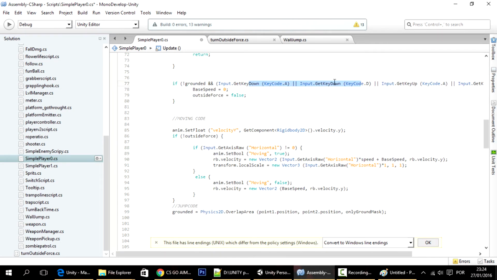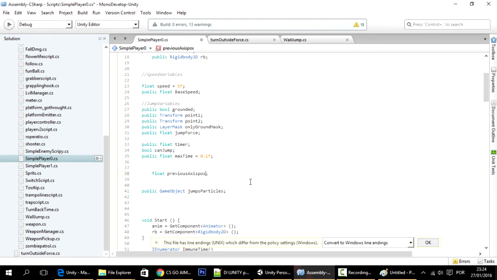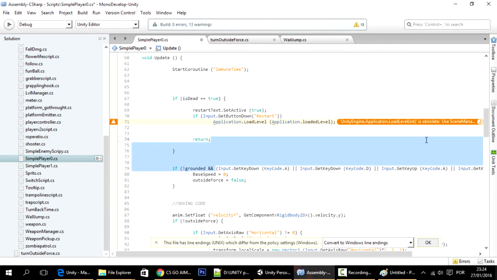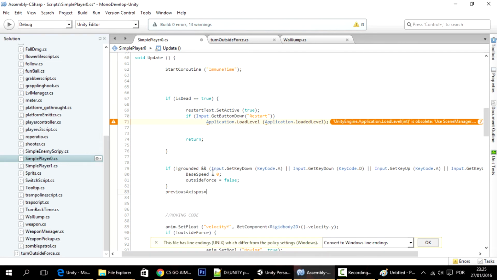Here we are also using these keys. And like I said two tutorials ago, when we did this outside force thing, what this checks is if the player is gone and if we stopped pressing any key or started pressing any key. So it's very simple to check that with an axis. I'll create here a variable for the axis, float previousAxisPosition. What we want to do is check if the value of the axis changed or not, and that will be similar to what this is. After we check that, I want to set the value of the previous axis equal to the value of the axis now, the GetAxisRaw